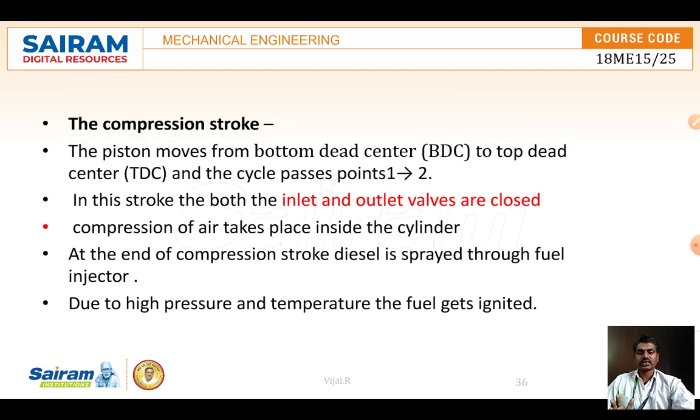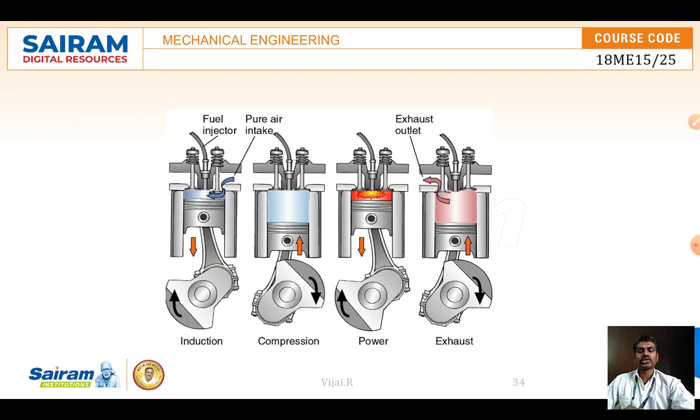Once again, this sketch will help you understand. First, in the suction stroke, pure air gets inside when the piston moves downward. One half rotation of the crank takes place, and the piston moves from TDC to BDC as the air gets in. Then in the second half of the revolution, the piston is pushed upward. The crankshaft moves another half rotation, and the piston moves from BDC to TDC.